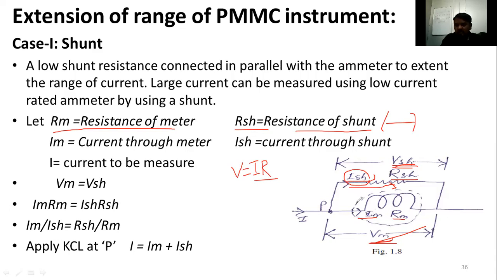Not equal, because the current depends on the resistance value only. It does not depend on the voltage. The current depends on the resistance value. If the resistance is low, it will take maximum current. Here a high current is there, and here high resistance is there, so less current will be flowing. Here resistance is high, but the current will be low. The product of these will give some value. Here the current value is high, but the resistance value is low here now.